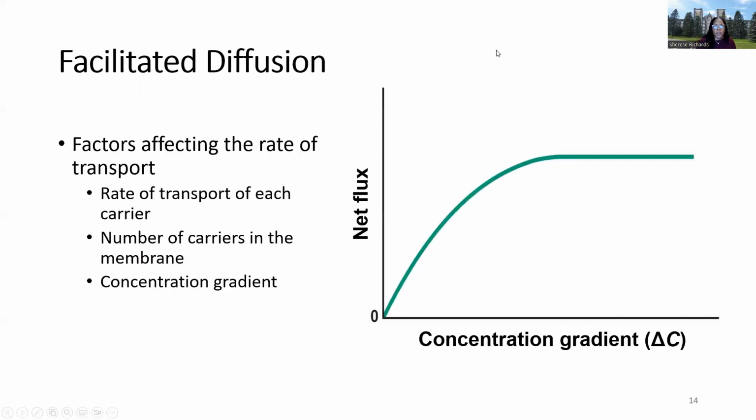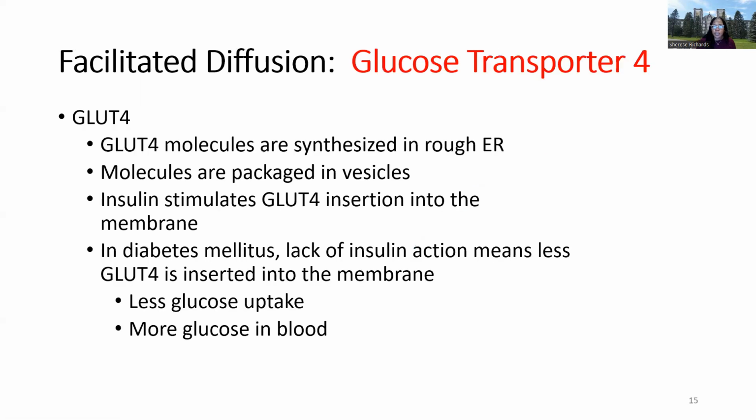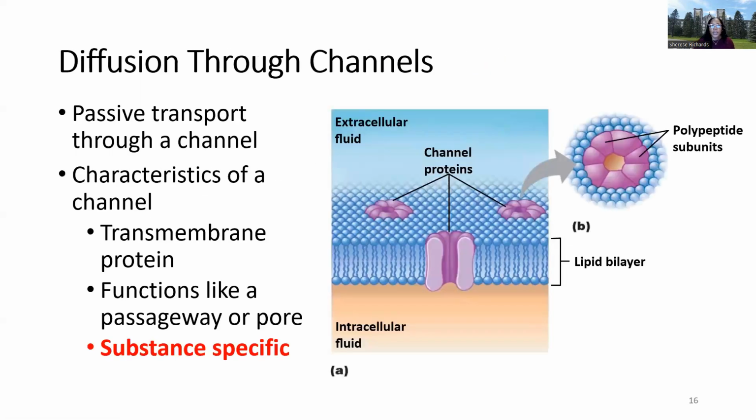Okay, so we did speak about the facilitated diffusion, excuse me. So we're going to skip right over this. And then we're going to start looking at channels. So a channel differs from a transporter in that a transporter is more actively involved in that transport process, right? So it's going to bind glucose, for example. So the GLUT4 transporter will bind glucose on one end. It will have a configurational change, right? It's going to sort of shape shift,